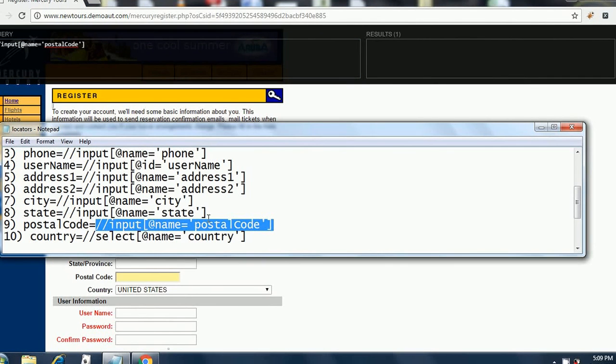Then comes the country. Here the syntax is a little bit different. In earlier cases we have always used input for identifying the element, for narrowing down our search. Here, since it's a drop down value, we are using select. Select is the identifier for a drop down value.